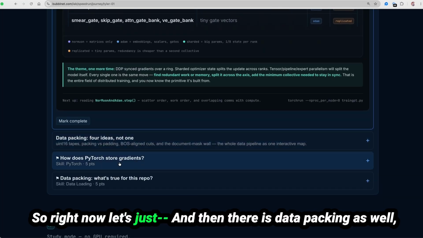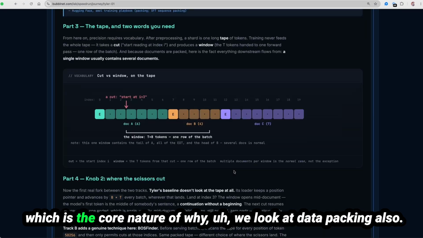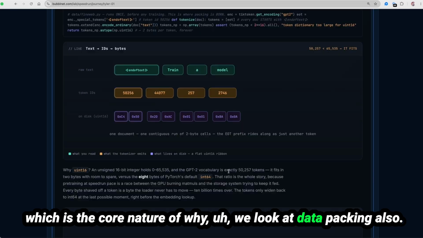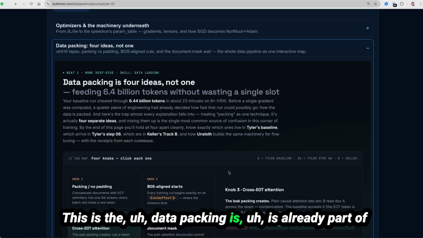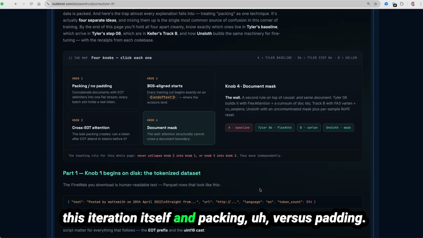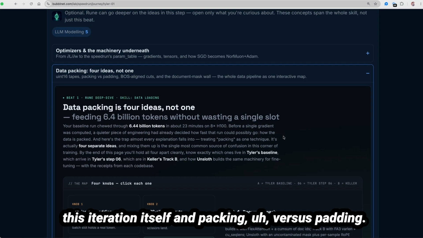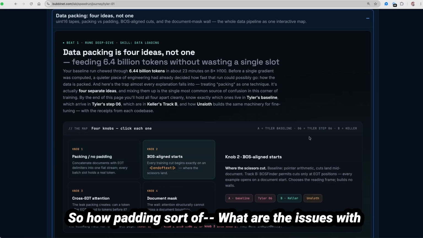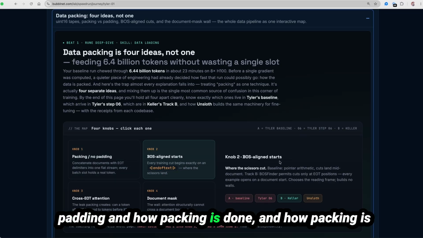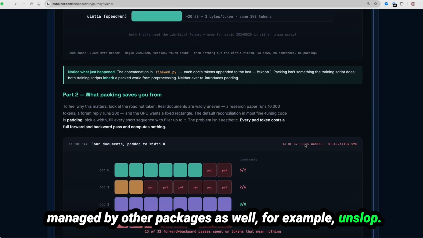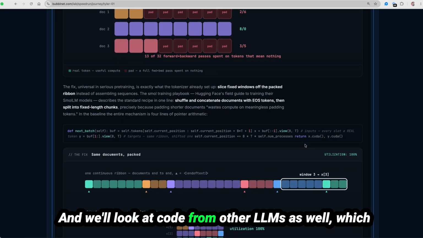And then there is data packing as well, which is the core nature of why we look at data packing. Data packing is already part of this iteration itself. And packing versus padding: what are the issues with padding, how is packing done, and how is packing managed by other packages as well, for example Unsloth. And we'll look at code from other LLMs as well, which includes